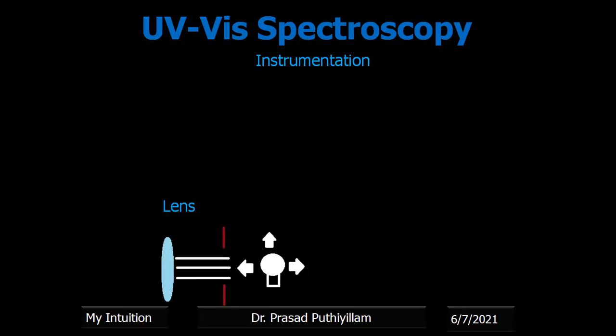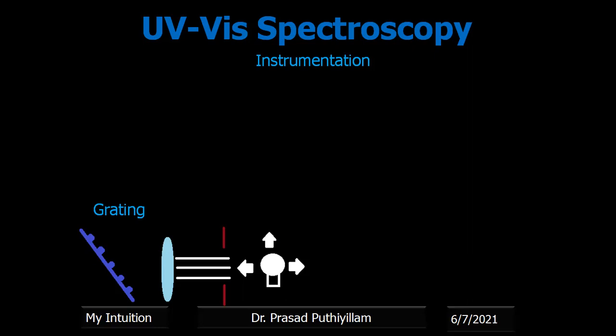The lens will not change the nature of the light, only it will concentrate it further. It will increase the intensity, because we know the more intense the light used, the better the result obtained. Therefore, to increase the intensity, we can use the lens. And then we need to have a grating.